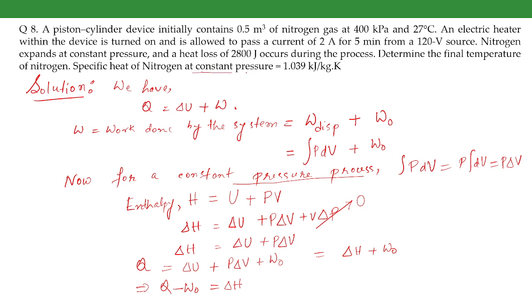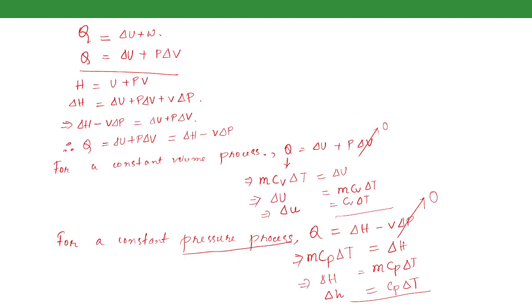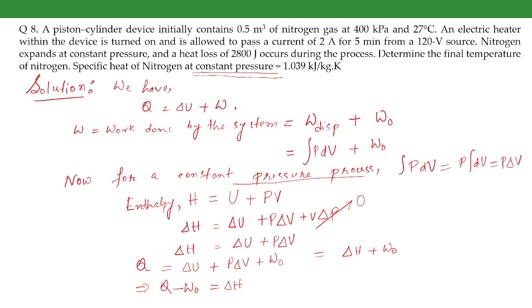The constant pressure heating is what we have derived, that is an expression for the enthalpy, and this will be used because in this context it expands at constant pressure. So what is the problem here? This is a piston cylinder device, and there is this piston. We are assuming the piston to be massless here. This is nitrogen gas